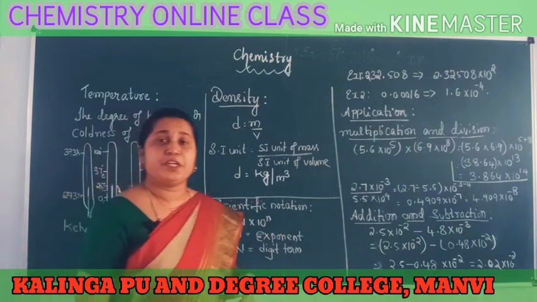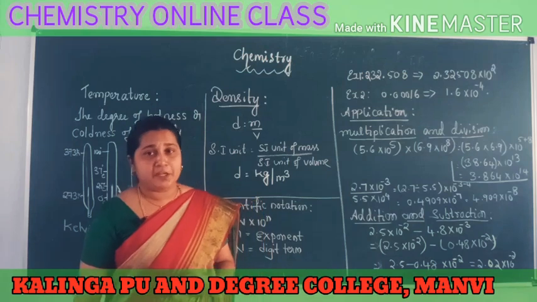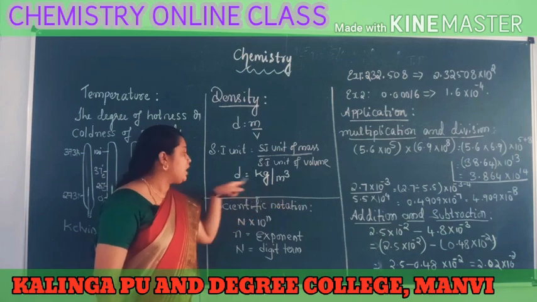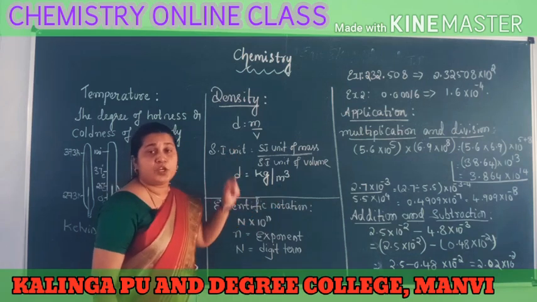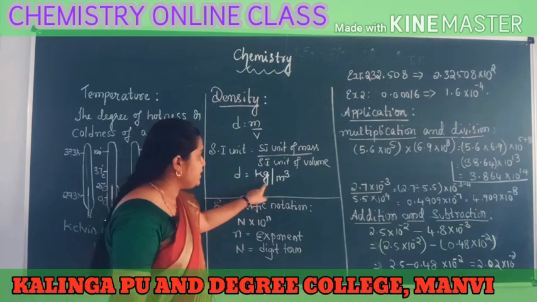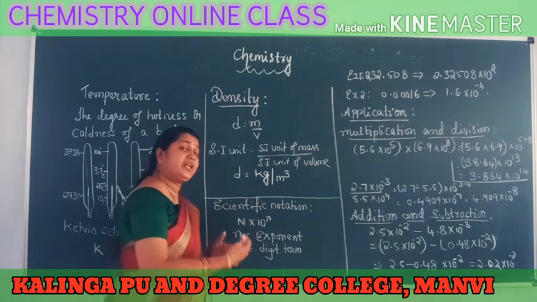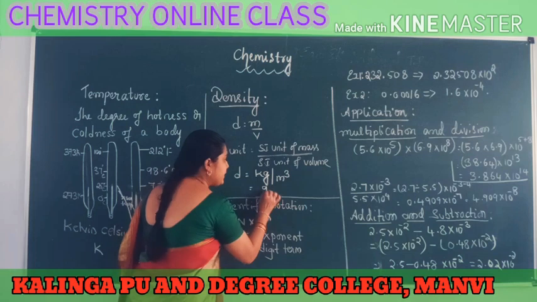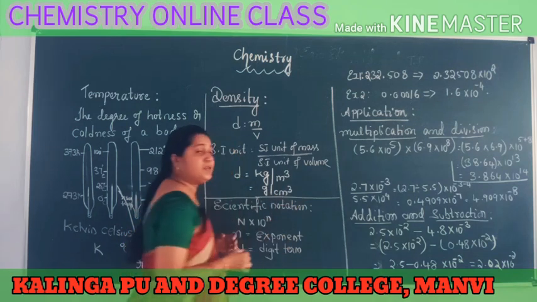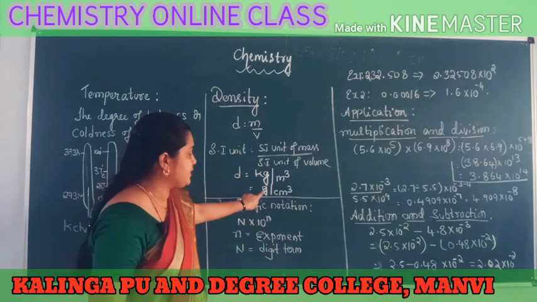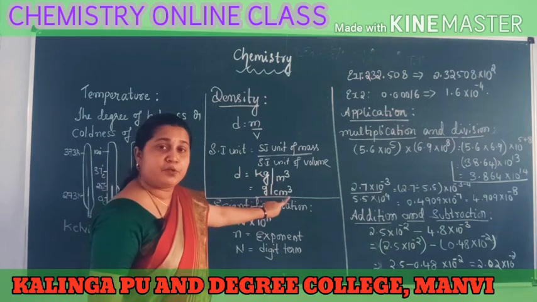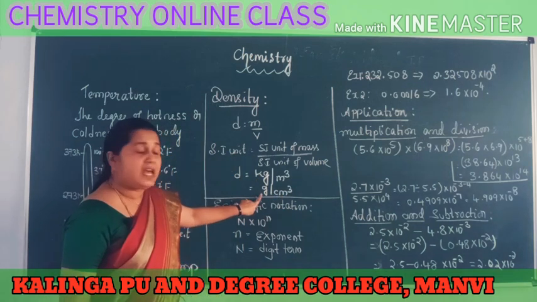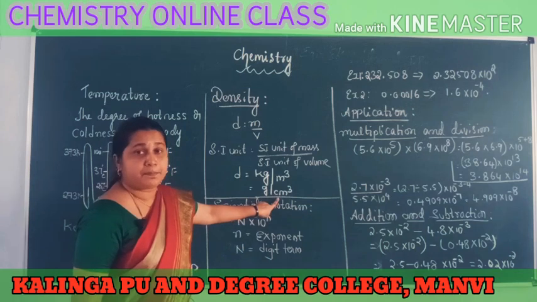So according to the SI system, what are its units? Kg per meter cube. Otherwise, if you take further subunits, density can also be written as gram per centimeter cube. Kg's subunit is gram and meter's subunit is centimeter. So you can also write the density units normally as gram per centimeter cube. Gram per centimeter cube, kg per meter cube. You can write this also as kg into meter power minus 3. This can also be written as gram into centimeter power minus 3. Like that you can also write the units of density.